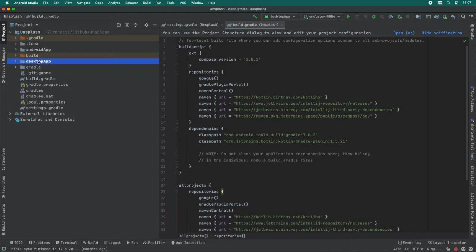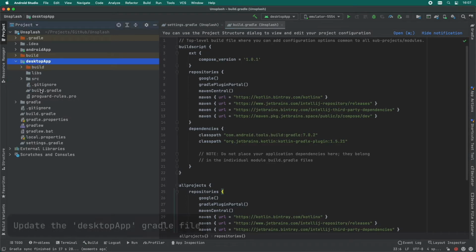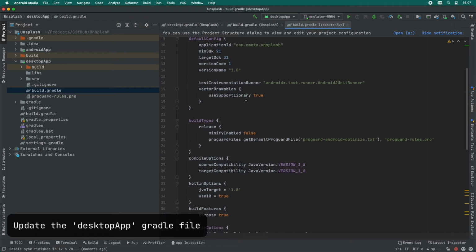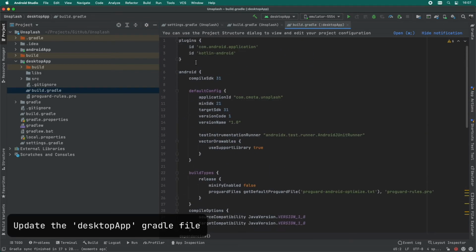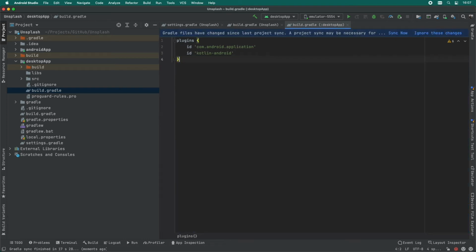Once it finishes, go over the desktop app, and it's time to update the build.gradle file. So let's remove all the Android code. Let's update the plugins to have the Kotlin multi-platform plugin and the Compose plugin.